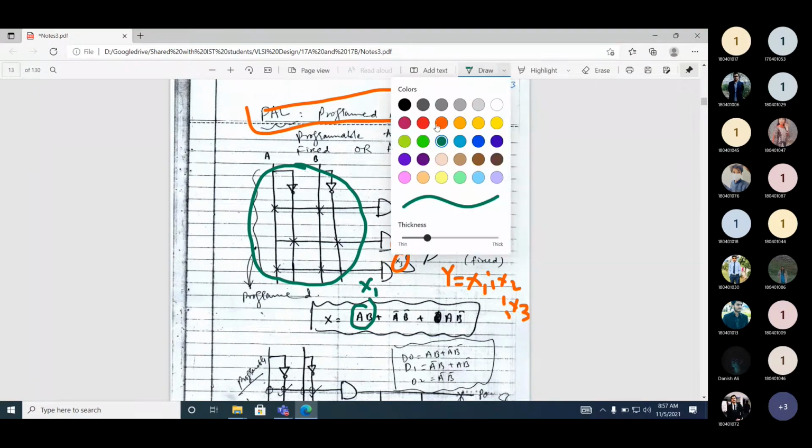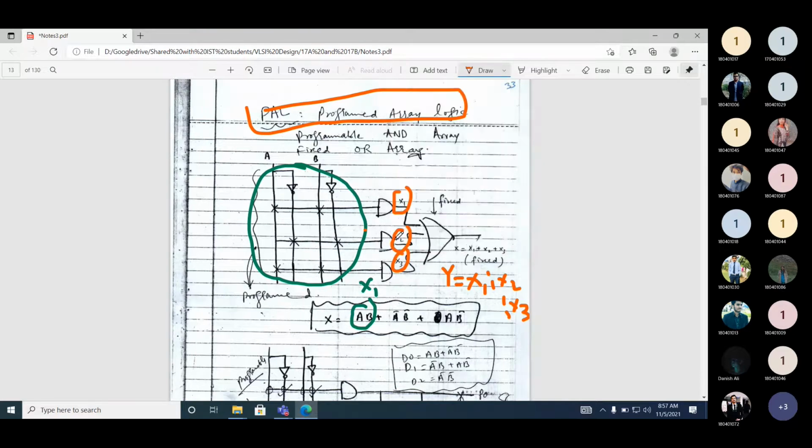Similarly, if you look at the second function x2, can you see x2? A bar, B bar. So this is your x2. And the third term, A and B, so it will be AB. So this is your x3.